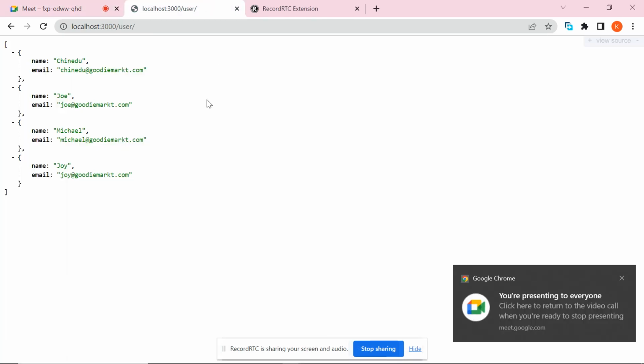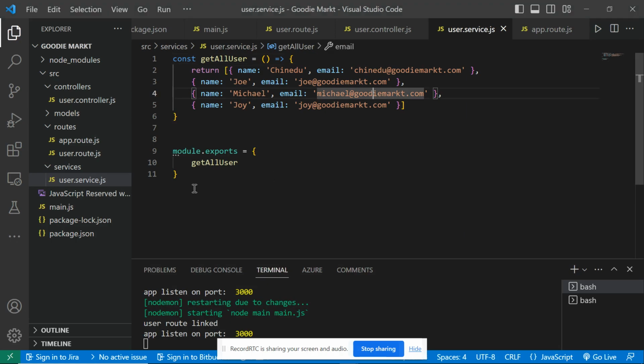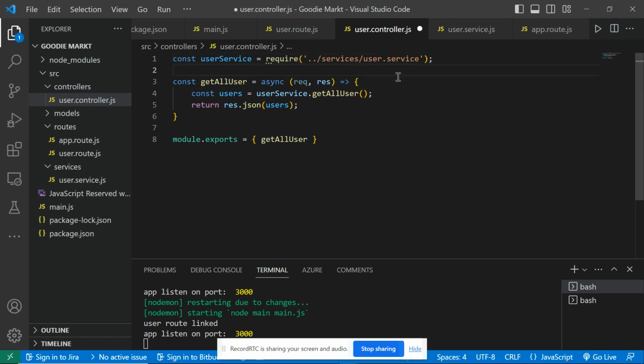All right, now you look at the browser, we now have all the users we created, you see them here. Let's go back to our code from where we started. The issue then was that I forgot to export this function and I was already calling it in the controller, so it couldn't find it. So this one also in the controller, we export it,